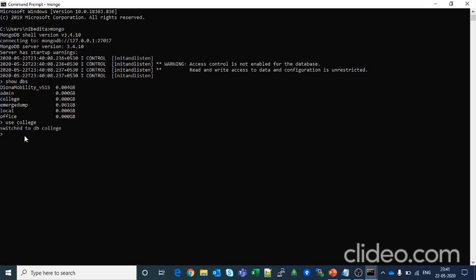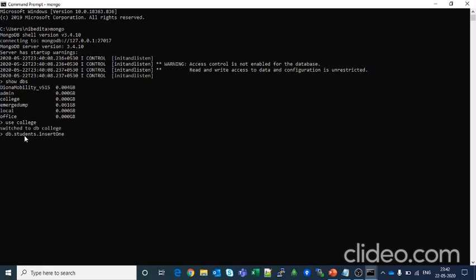Now we'll insert a document inside this DB. Unless you insert something into a collection inside the DB, it will not be created. So let's insert the document inside the collection. So db dot collection name, you need to pass. Let's say student dot insert.